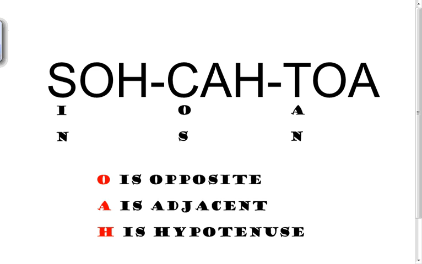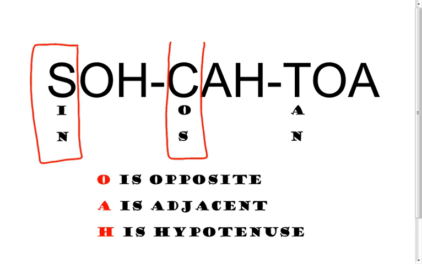We have sine is one of our trig functions, cosine, and tangent. So those are the three that we're going to be talking about today. We may end up pausing depending on the length of the video, but we're going to at least look at these basic trig ratios. So the OH, the AH, and the OA each go with the three different trig functions